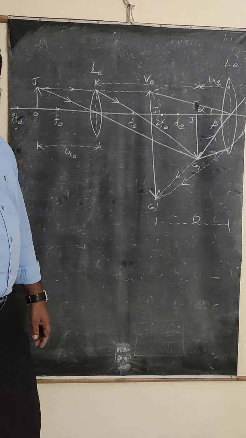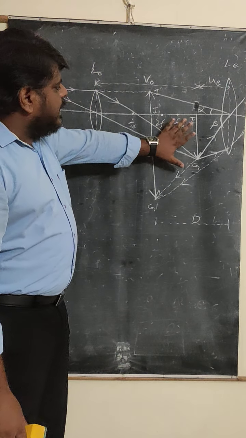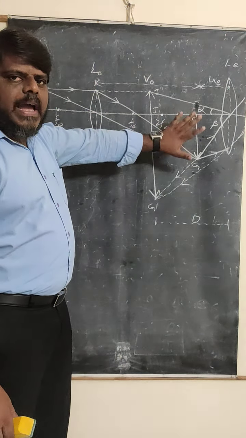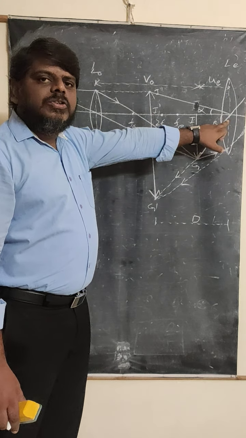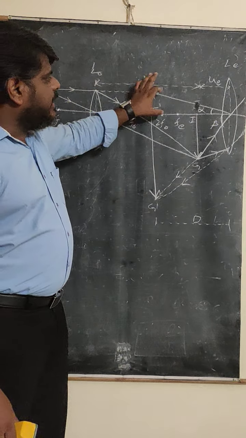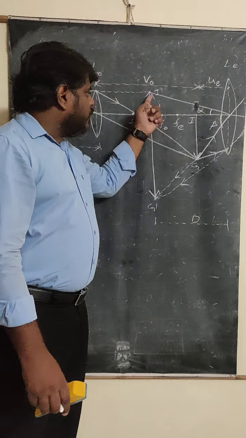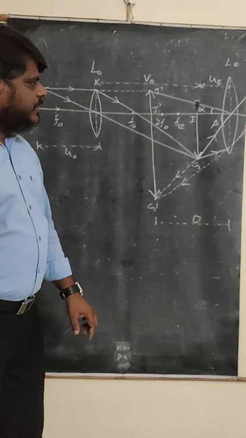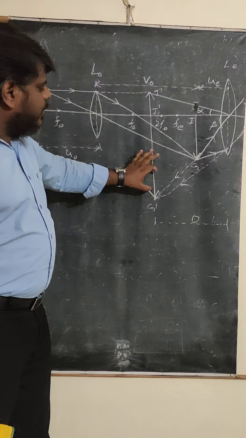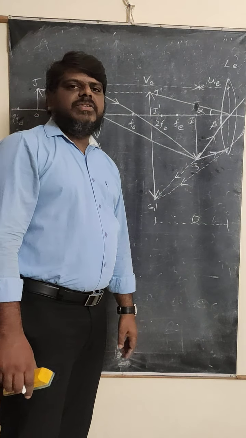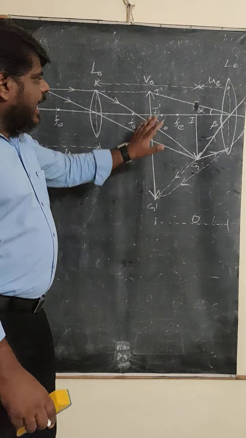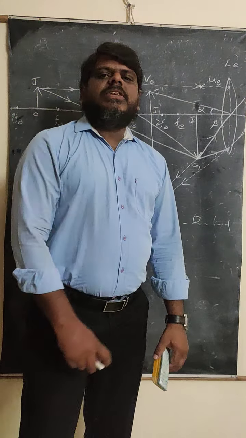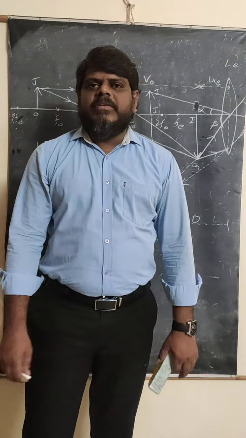Now, how can you find the magnification? Magnification is the ratio of the angle made by the image at the eyepiece or the eye to the angle made by the object at the eye, when both are placed at the least distance of distinct vision. Because this one also is taken at the least distance of distinct vision. So in this way the image is formed, and this is the magnification of the compound microscope. The same formula will be there.